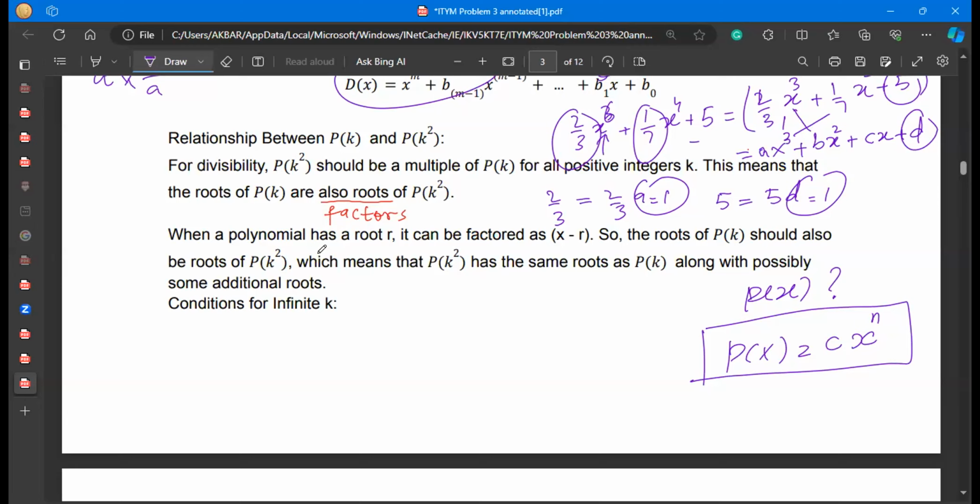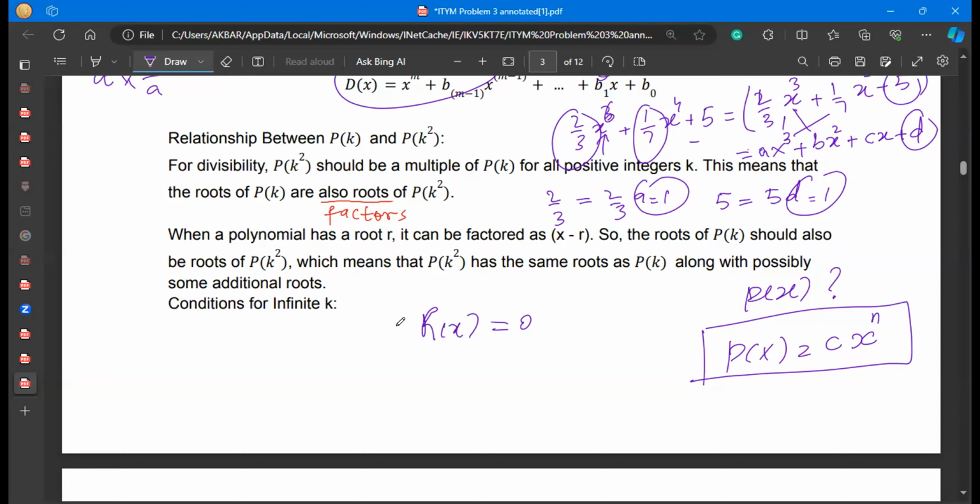No, because complete division would mean the remainder, which we are assuming is r of x, should be 0. That is what we are taking. And if you consider that there is a remainder,